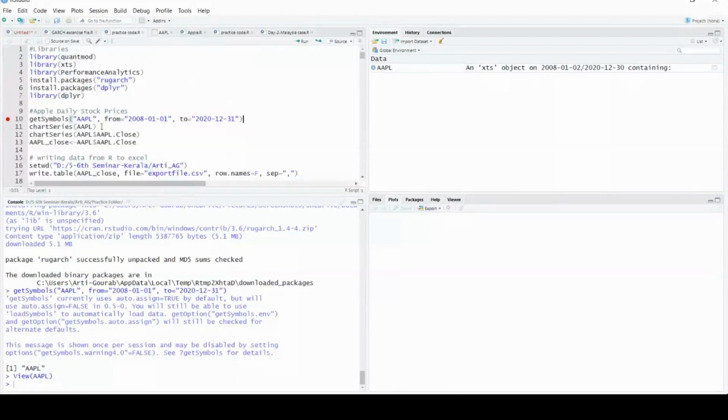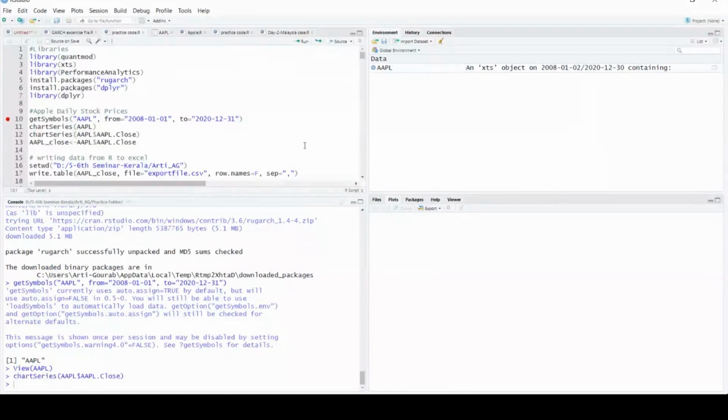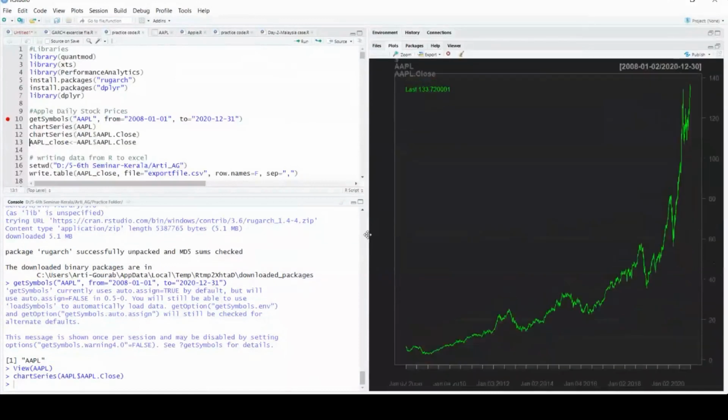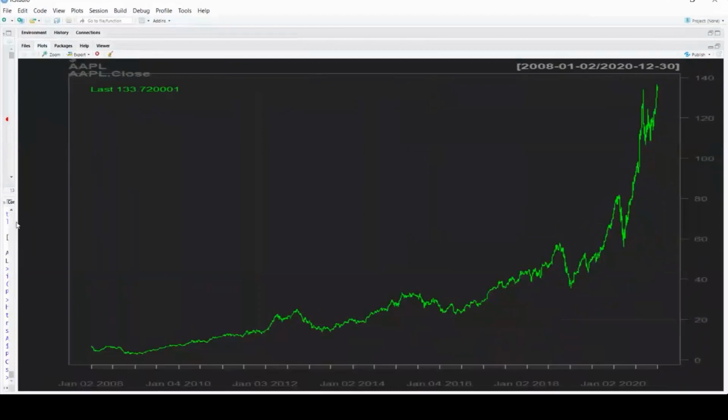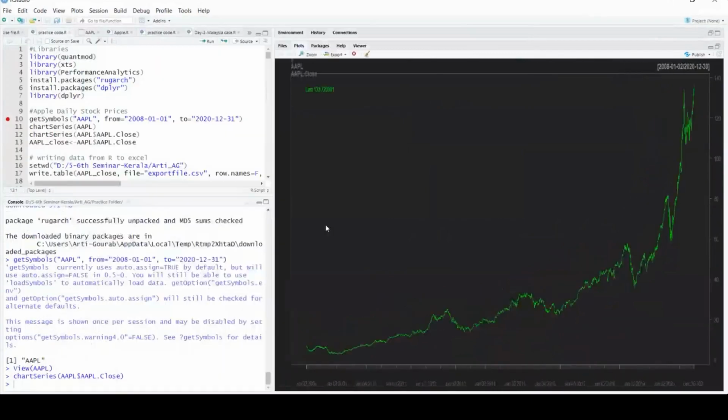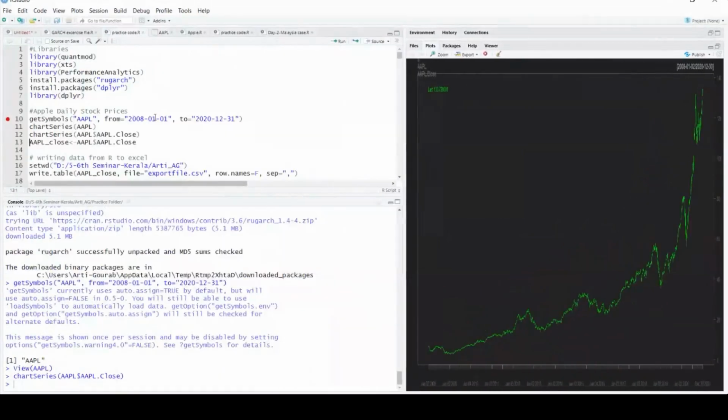I want to plot the graph for the close data. When I plot the graph, you can see this is the chart here. Is it visible to all of you? Yes, ma'am, it's visible. Ma'am, this data is extracted from which website? Prashant sir is asking.